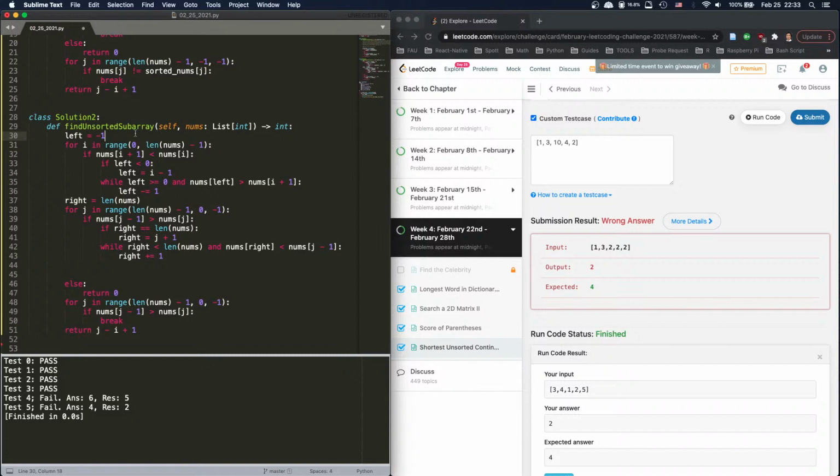So it has to be like a None, right? So I say if left is None, if right is None, right? If right and left is None, then we set it. If it's not None, then we do this. And